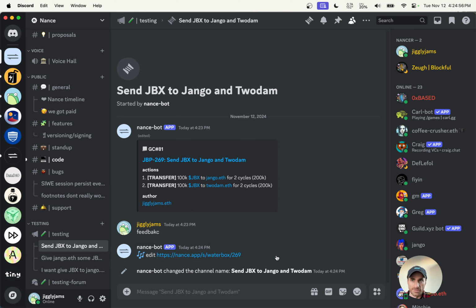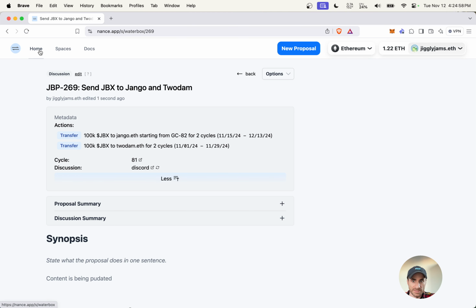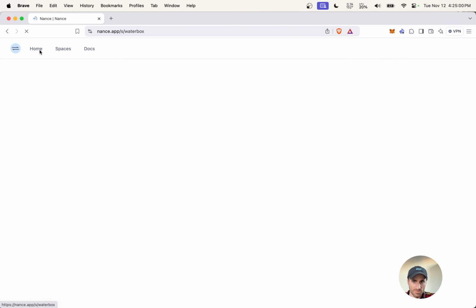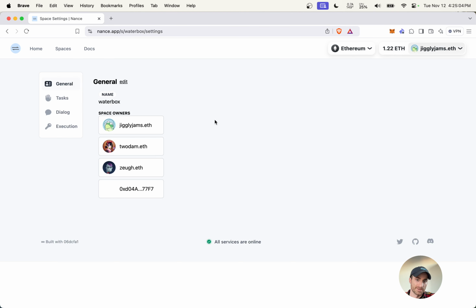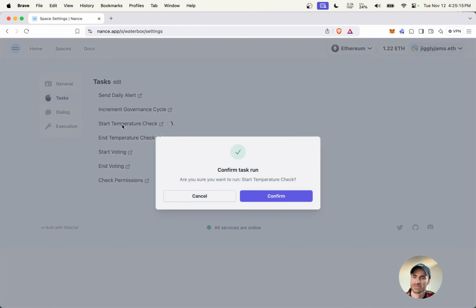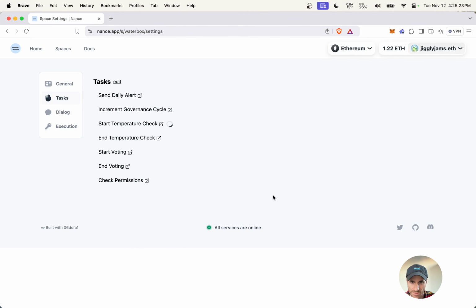So I'm going to jump back over to the app, and normally this would all be running automated, but I'm going to come in and do some manual pushing around of proposals. Since this is a demo, we don't have to wait for a specific day to pop up for us to start the temperature check. Normally it would be based on a calendar, and Nance bot would run that all for you, but being a demo, I'm going to just do this semi-manual mode, and I hit start temperature check,